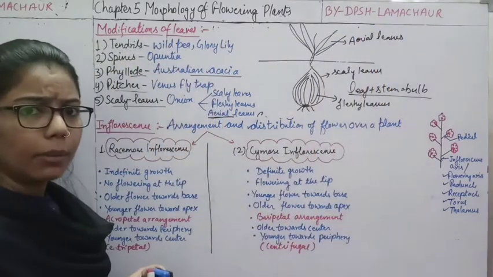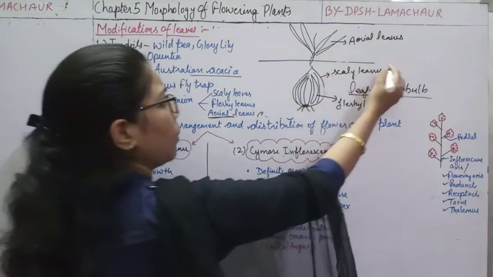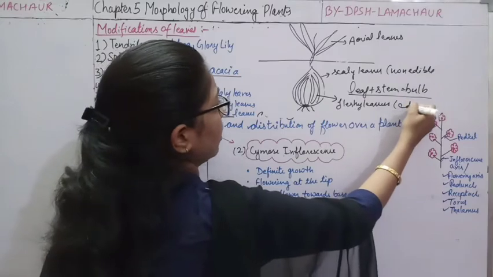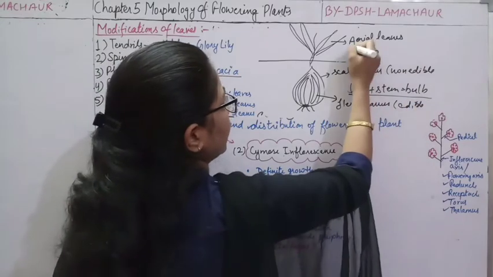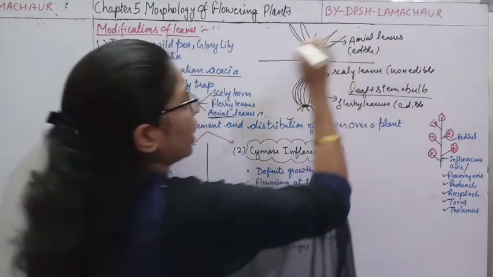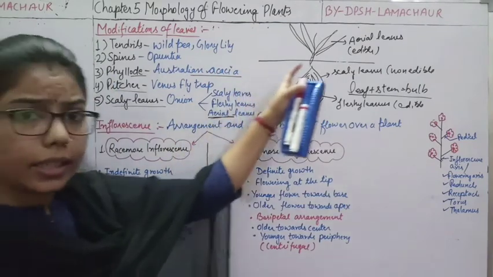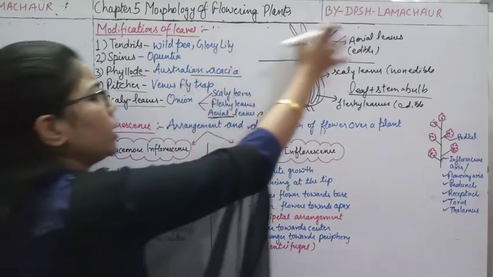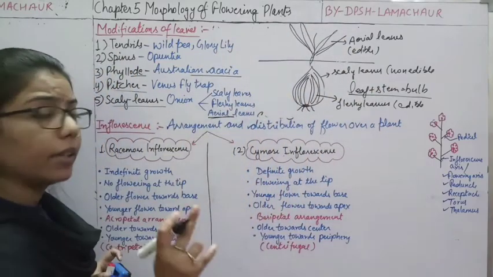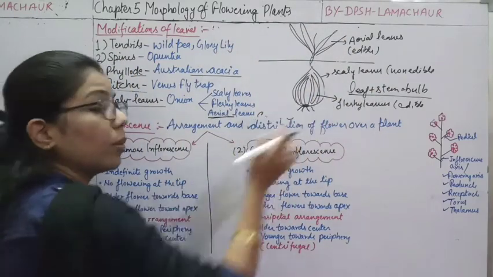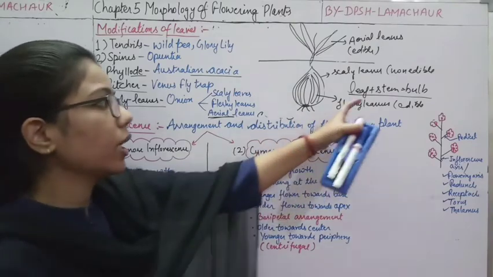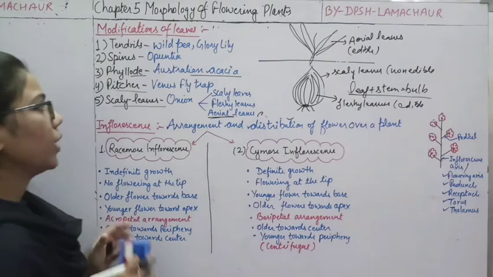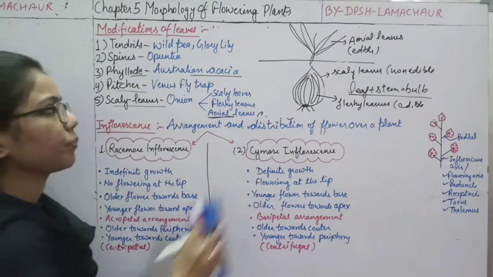So what are the edible and what are the non-edible? The outer part is non-edible, and this part is edible. And again this part is edible, because we are eating these leaves of onion also. So we have done that. All this is what? This is the leaf modification. This bulb is a modification of leaf as well as the stem. So we have done the example of onion here.